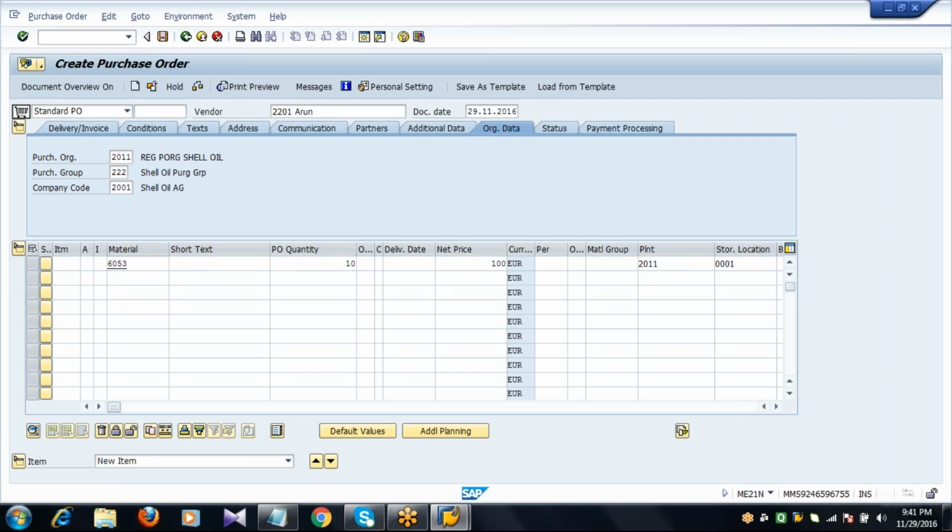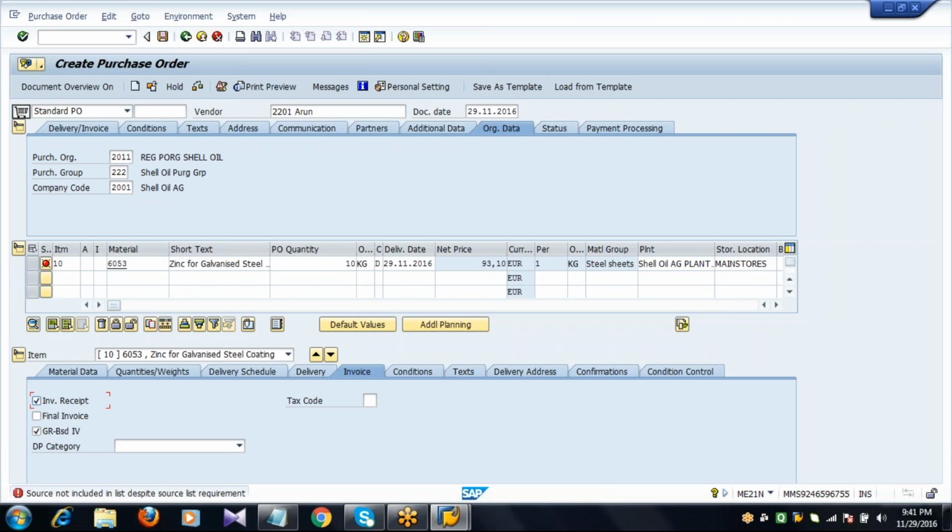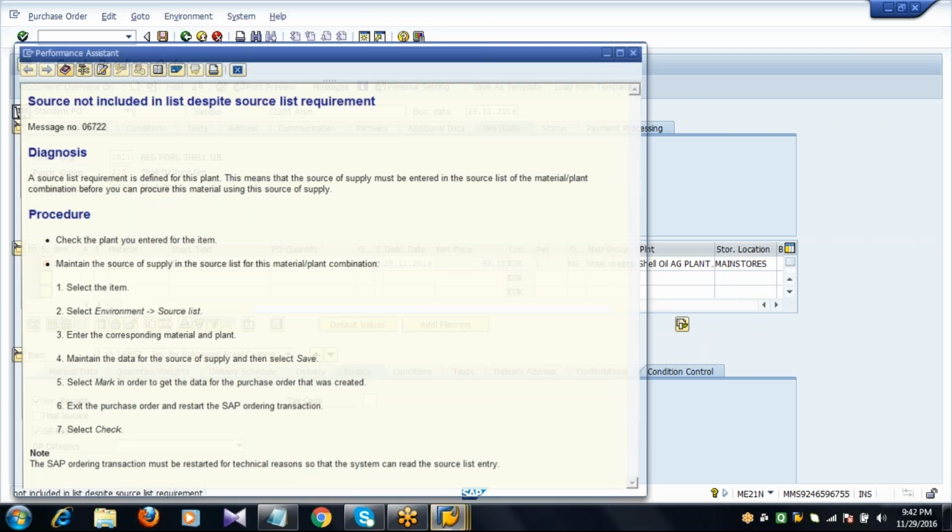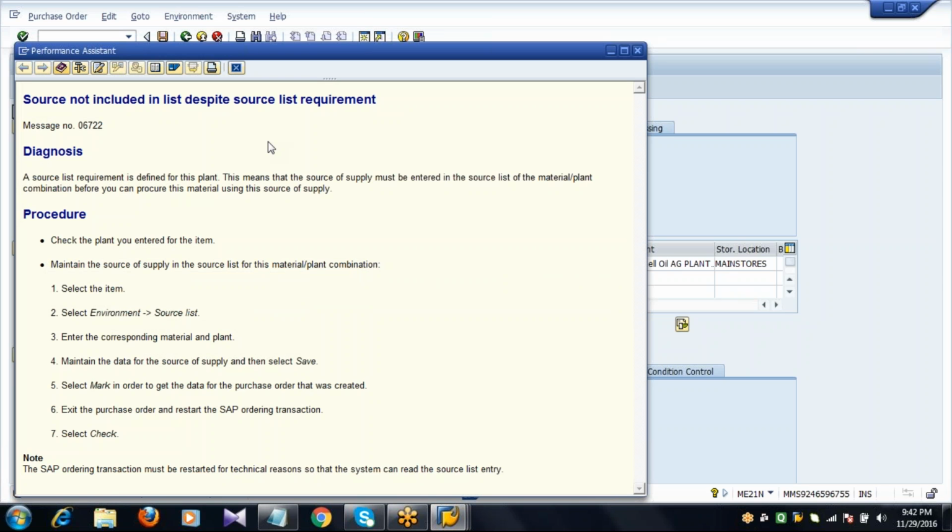When I press enter, now the system will display a message. See that message? Source not included in list despite source list requirement.